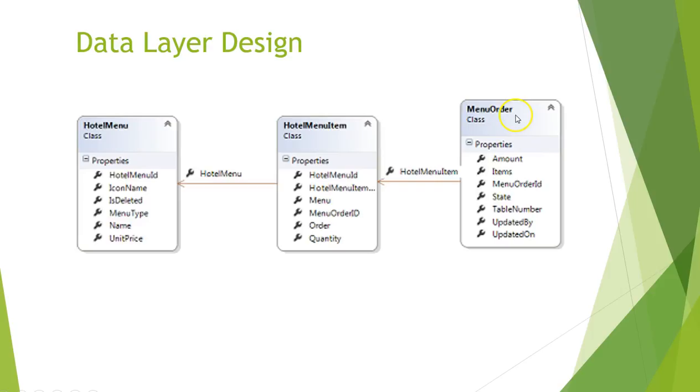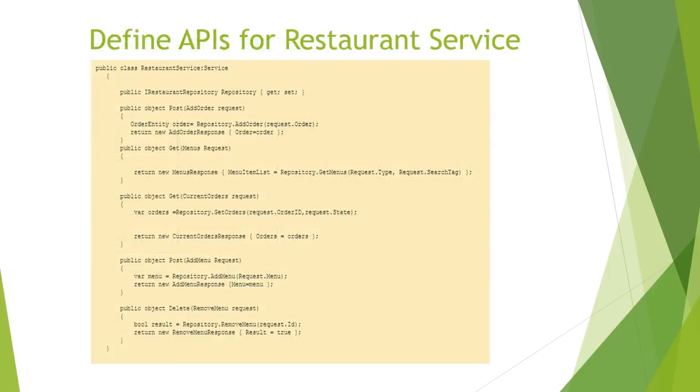Also the menu order has a one-to-many relationship because menu order consists of a collection of items. The menu order also has some extra attributes like table number, state of the order, and who has updated it. Okay. So now that we defined our domain and data layer,